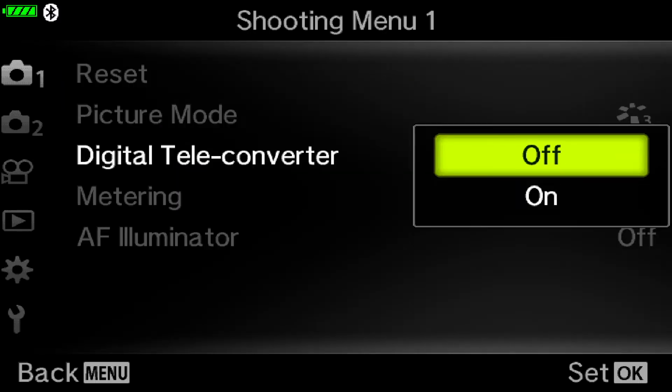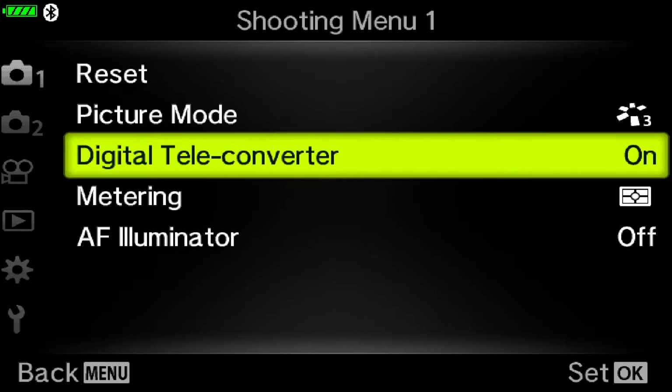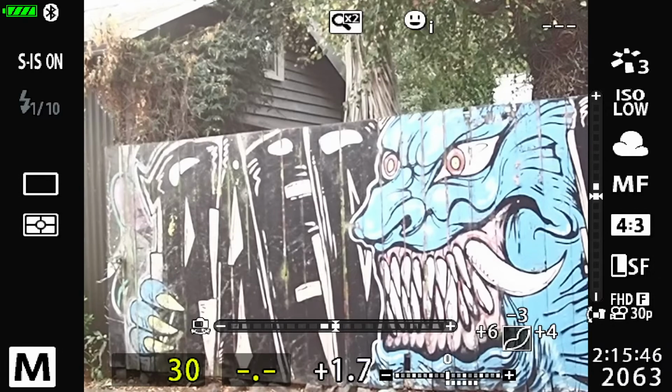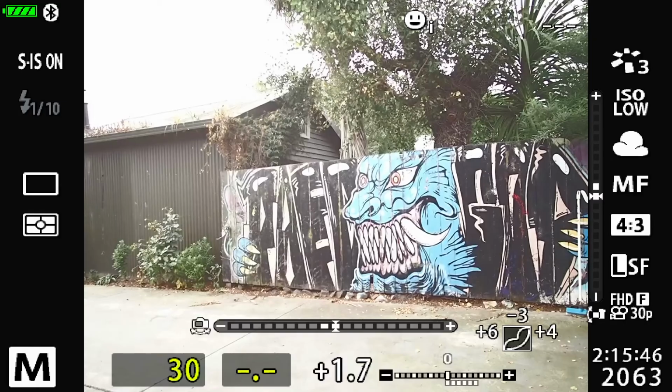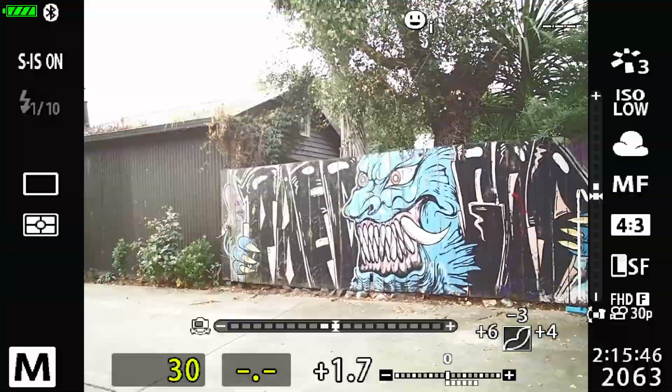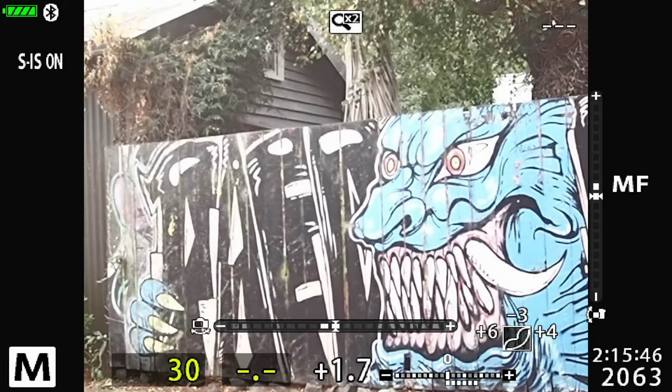This feature here is one I commonly use, which is the digital teleconverter. At the moment my lens is a 12mm, and by hitting that, it's much closer than it was just before. Just to show the difference. And if I switch it back on again and take a photo,